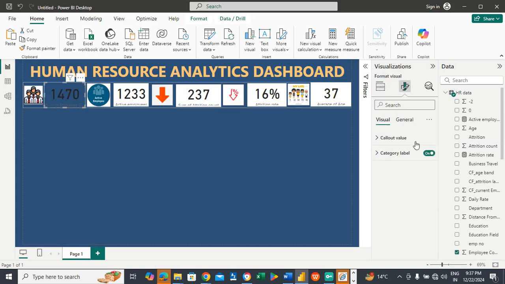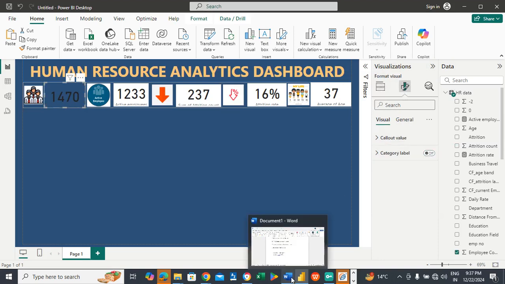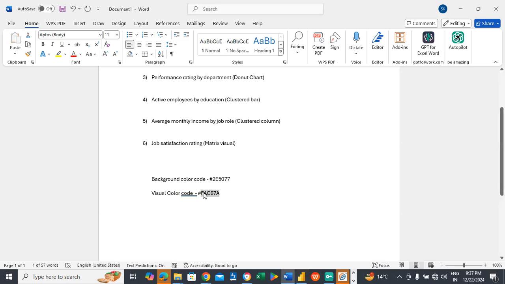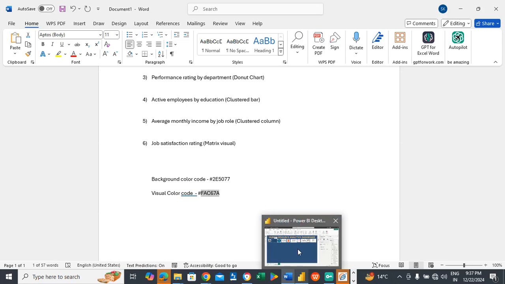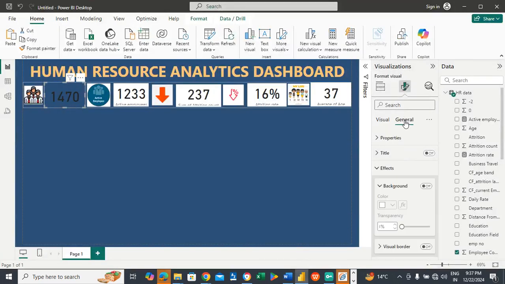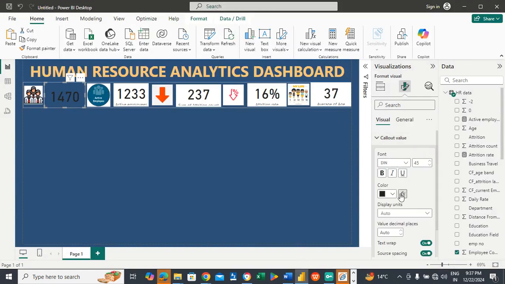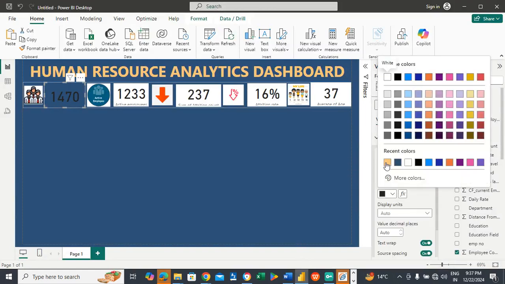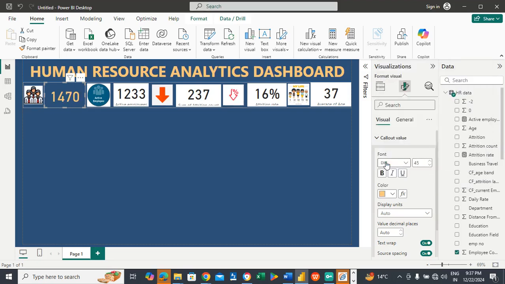Okay, turn off the category label. And what color do we need? We need this color for the visual. Click on visual, click on callout value, click on color, click on this color. Okay,